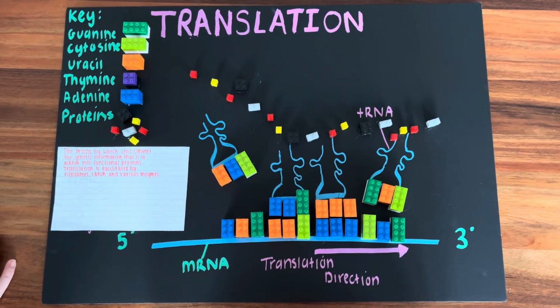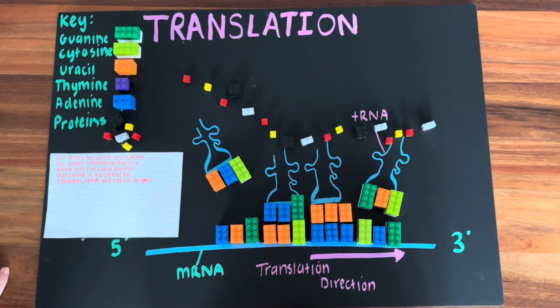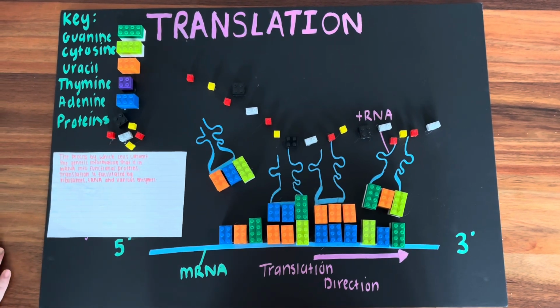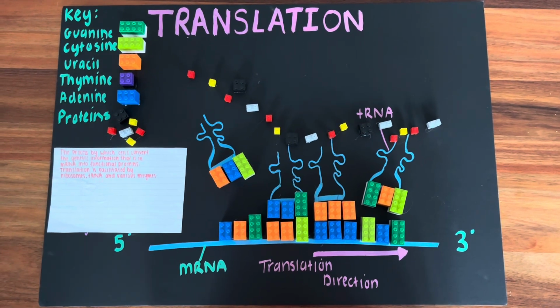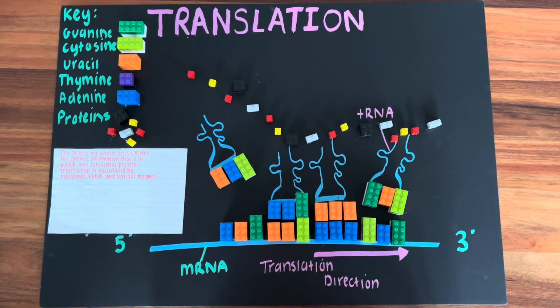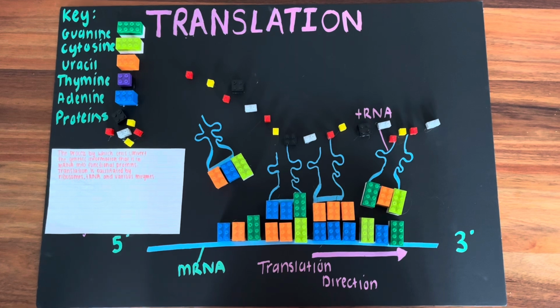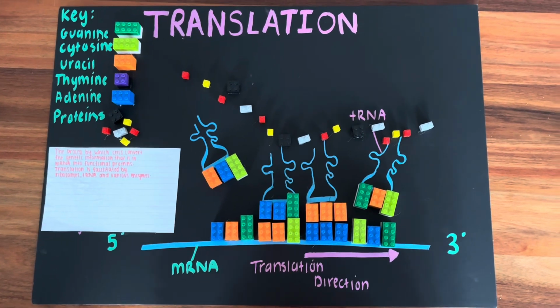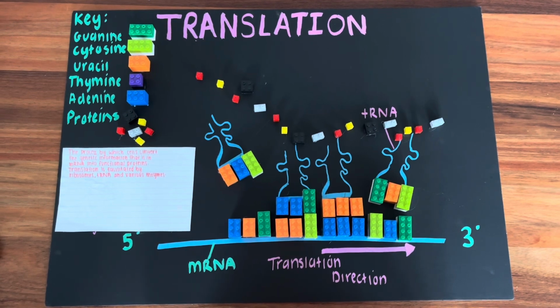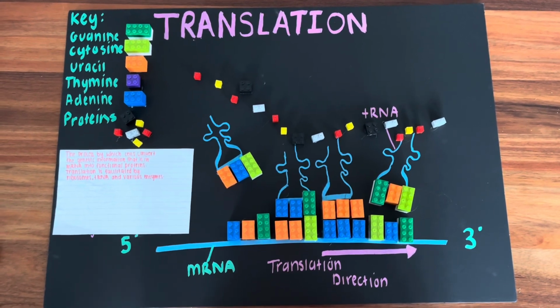Translation continues until a stop codon, UAA, UAG, or UGA, is reached on the mRNA. These codons do not code for any amino acid but instead signal the end of translation. When a stop codon is encountered, a release factor binds to the ribosome, causing the release of the newly synthesized polypeptide chain. Through translation, the sequence of nucleotides in mRNA is converted into a sequence of amino acids, which folds